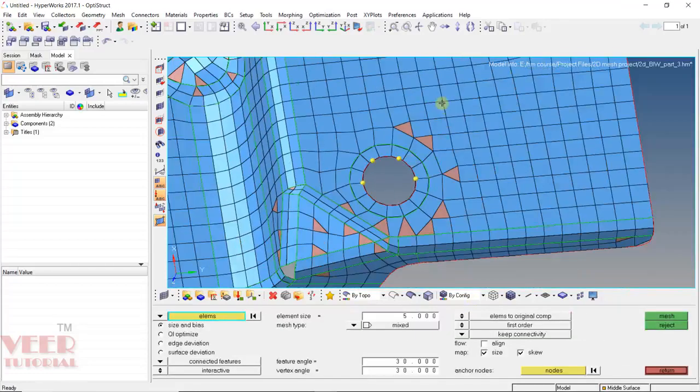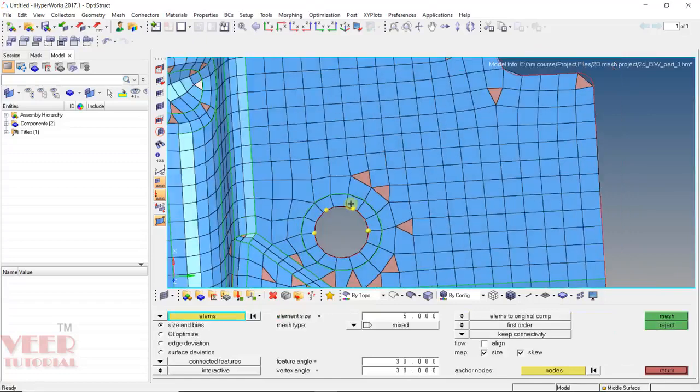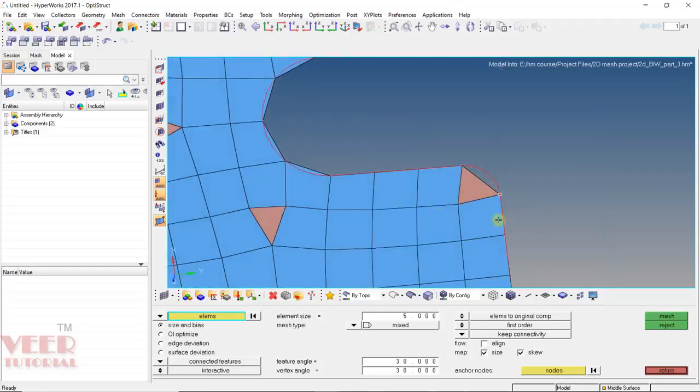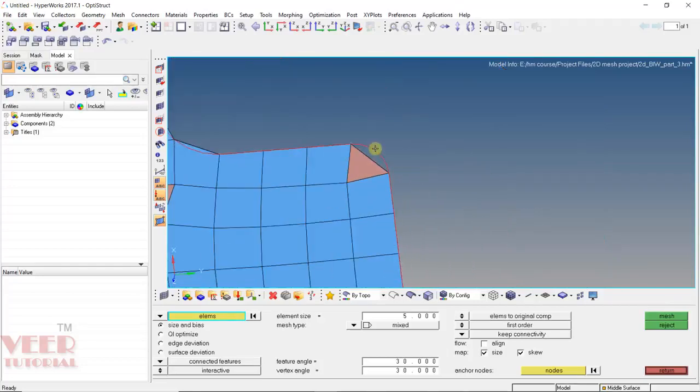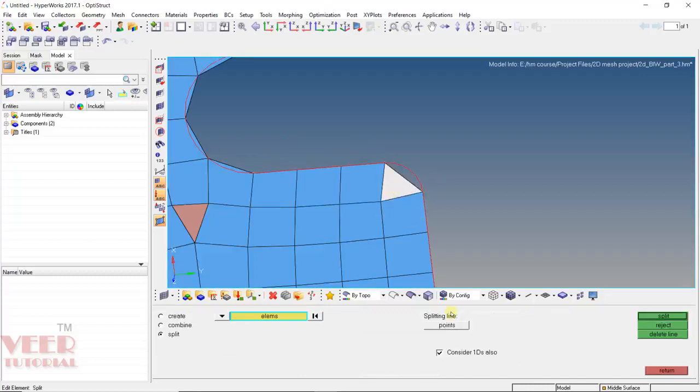Similarly, I can select these elements and remesh them. By remeshing, we can also change the direction of these tria elements. I am leaving this for you to do the remesh multiple times. Generally, we should not have tria on the outer edge, but right now we have a tria. To remove this tria, press F6 and split this element like this, and then press